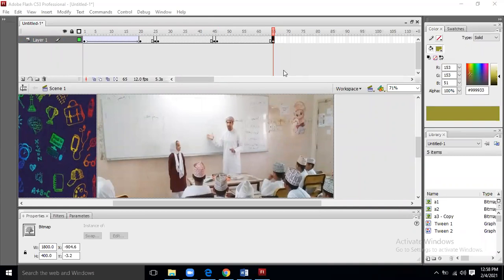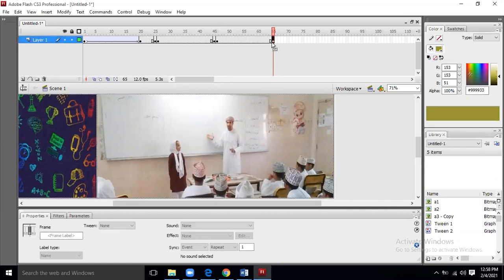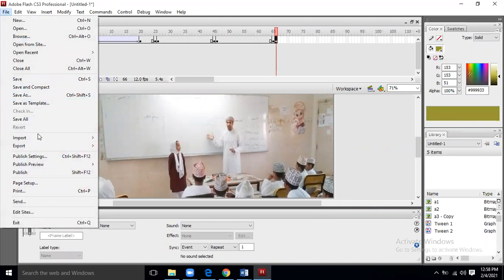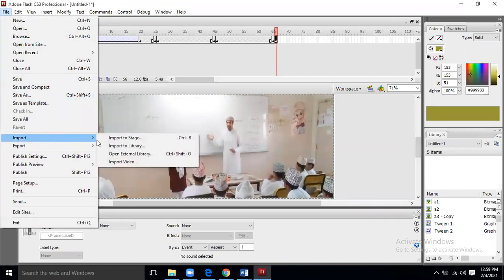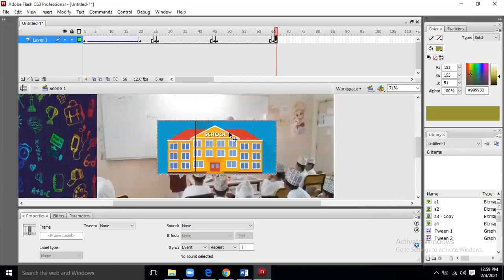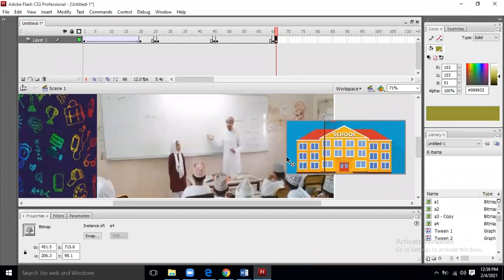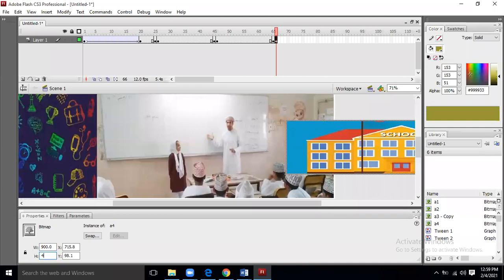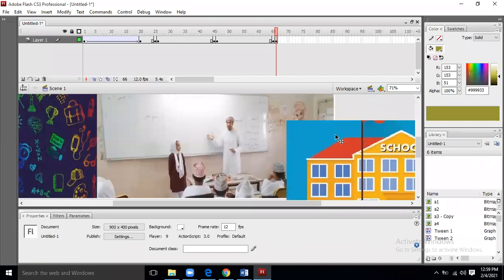If I press F6 now, I go to file, import. I think all images are done now. Yeah, this one is left. So I will also make it equivalent to 900 by 400. Why am I making it equivalent? So that the full stage should be covered.